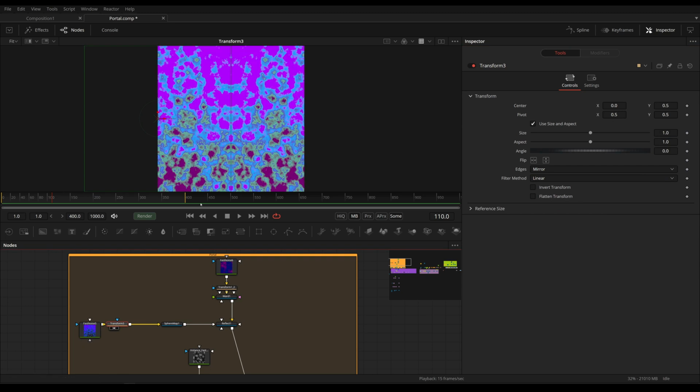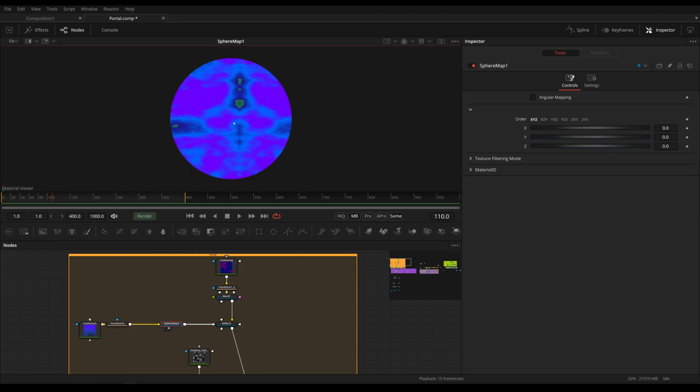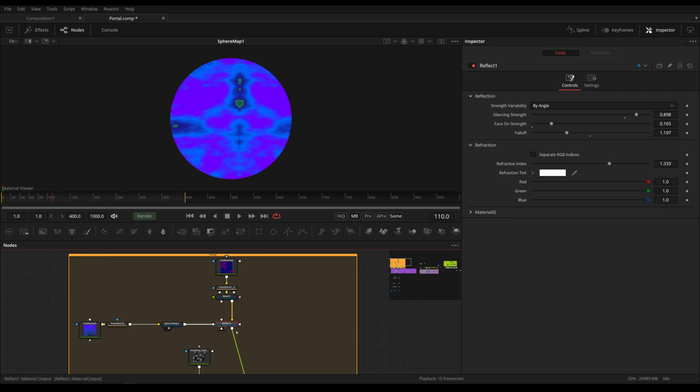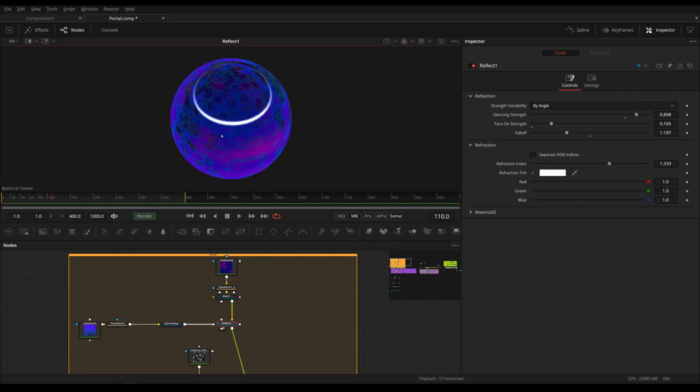And this time I didn't actually tile this into 4 sections, but I only moved this to the left. Here, as you can see, center to 0. And again, set this to mirror. And this is because this is plugged into a sphere map. And here you can see the seam. Without this, the seam would be more obvious. But with it, the seam is gone. And I've plugged this into the reflect shader. And now we have this very cool alien-like looking shader.